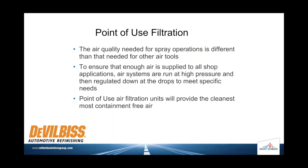So painting a car, you need way cleaner air than you do in a mechanic shop, tire changing shop, anything like that. As we all know, any type of moisture, oil, dirt, contamination that comes through the airline can cause all types of issues with painting, from visible dirt or contamination in the job. And if it's something we don't see, if it's some sort of moisture or oil, it could even cause delamination between coats, undercoat to top coat, base coat to clear coat, or things like that